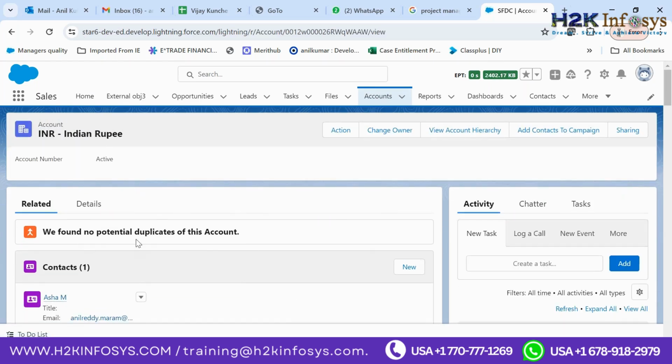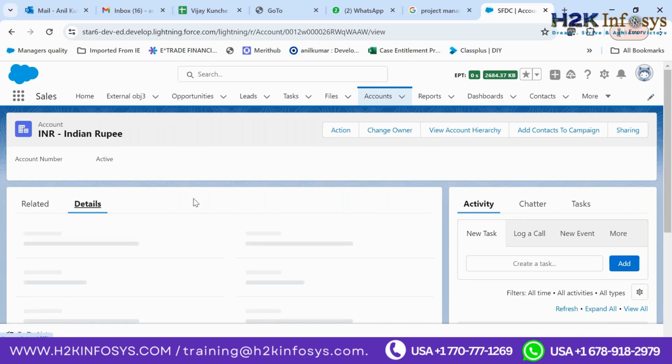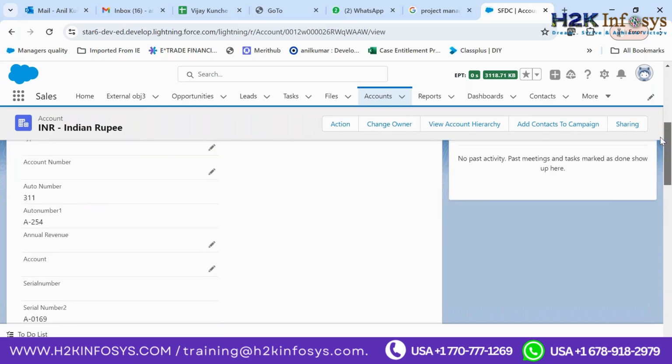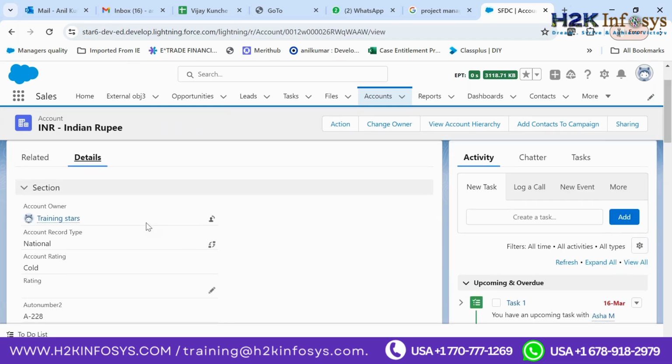So I can remove this related list. I can add what I need as per the need. And if I go to details, we can see the list of fields here. All are added in a single row like this. I can change this afterwards. Maybe I can use this here, so side by side, how to align this page. Everything we will be discussing in the page layouts